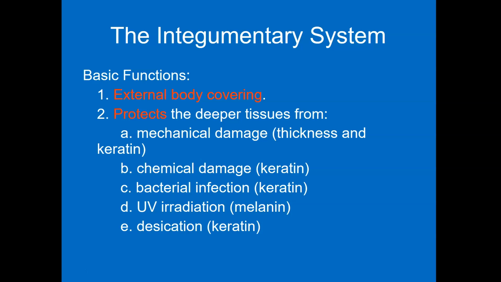So you scrape yourself. Chemical damage, keratin helps protect us from. Chemical damage would be things like, obviously, harsh acids, really harsh bases like bleach, okay? One of the biggest things in the environment that the integumentary system protects us from is bacterial infection and UV irradiation. Bacterial infection, those little monkeys, or little bacteria, I guess I should say, they're not monkeys, they would love